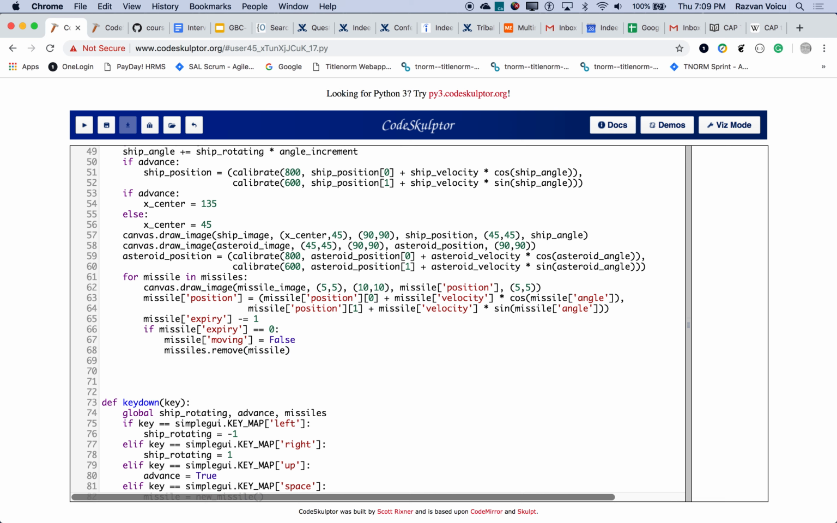So we want to check here. Missile has a position, right? So let's say missile X equals missile X, missile Y. We can actually do this in Python, which is very convenient. Missile Y is missile of position. All right, and then